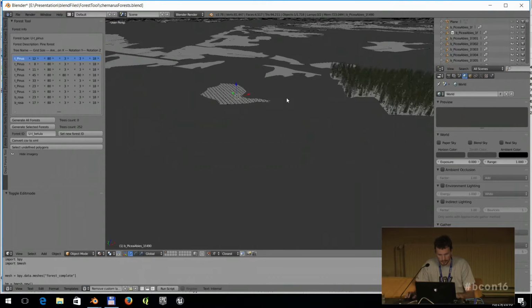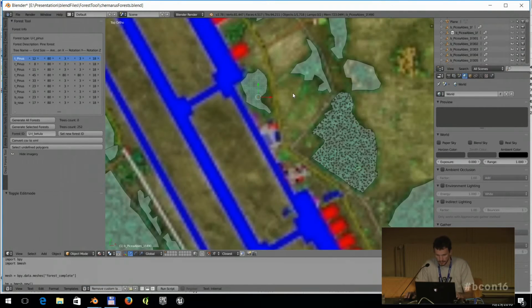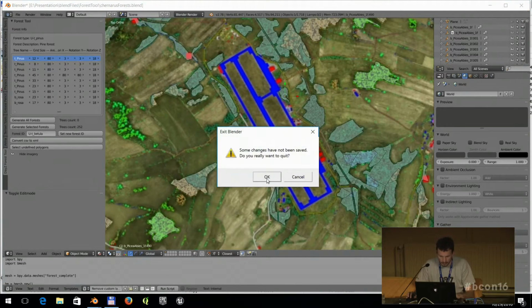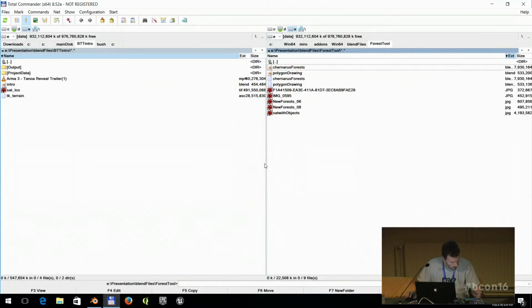Okay, I guess that's it for trees generation, trees placement. Actually, one way to generate those trees is to have some kind of polygons already to place them in. But